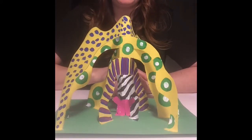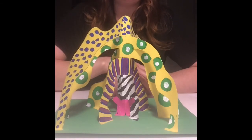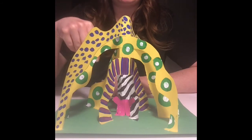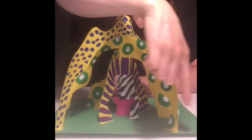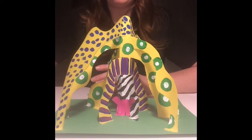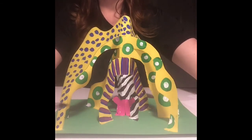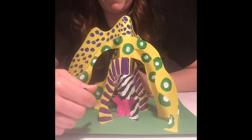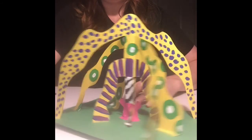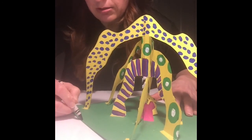Okay, now that we have our stable sculpture glued down, it might be kind of fun to imagine if this was outside and you could actually walk underneath these legs and around these legs. You could create your own walking path. So you could get some crayons and just think of a path that you might like somebody to take when they come into the park. So maybe they have to enter here